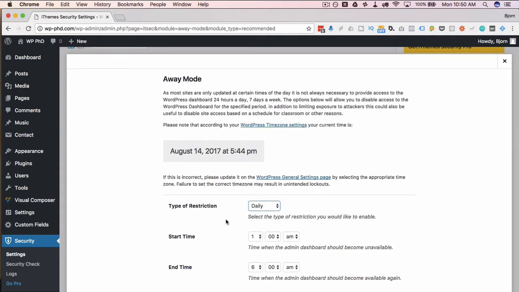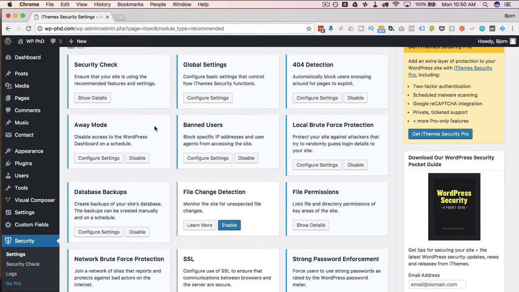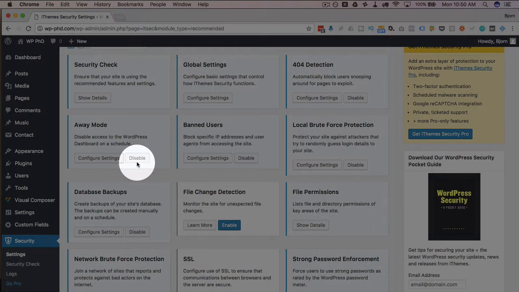Doing it daily, again, allows you to set times during the day. If you find that you log into your site whenever you need to, or you do it all the time and it's random throughout the day, or if you have people from all over the world accessing your sites and they're in all different time zones, don't turn this on. So that may or may not be for you, but it's a pretty cool feature. I'm going to disable this for my site here.